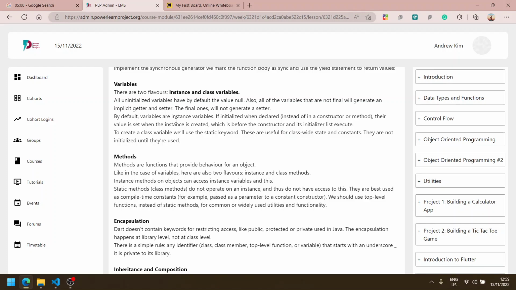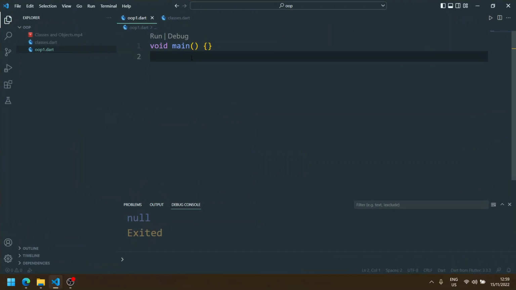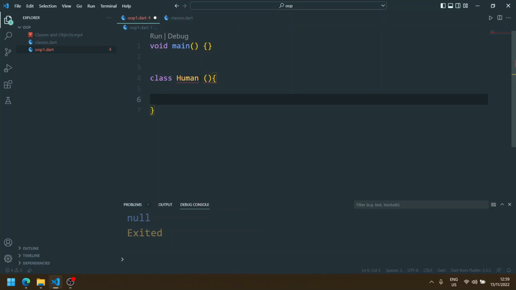There are instance and class variables, and there are also instance and class methods, and the only difference is that you use the static keyword in one and you don't use it in the other. But let's just jump right into an example in VS Code. So let's create a class, and we'll call that class human, just to stay consistent with our previous example. In our class human, we're going to add a